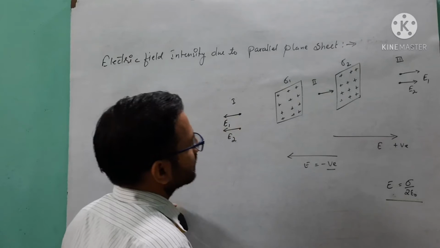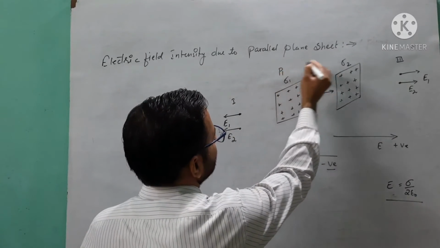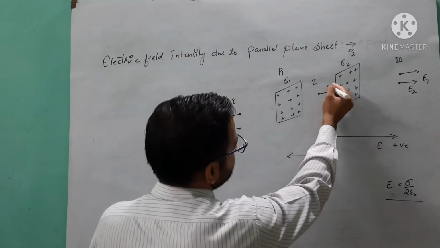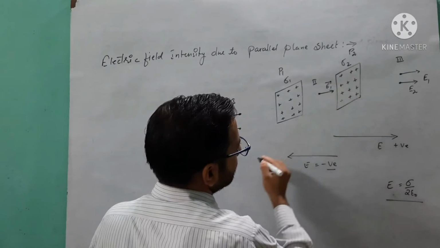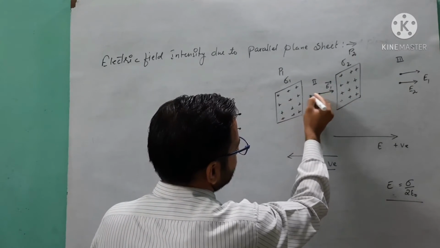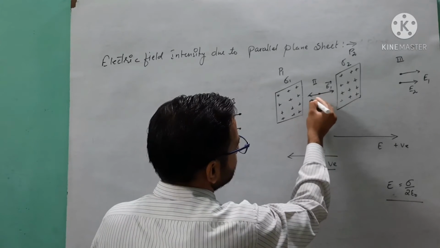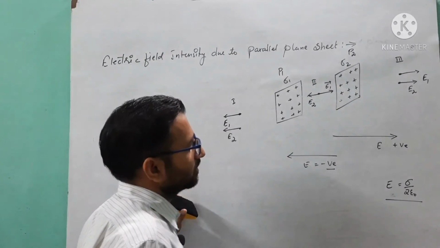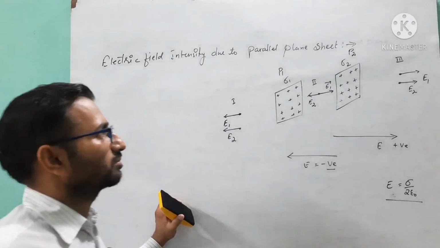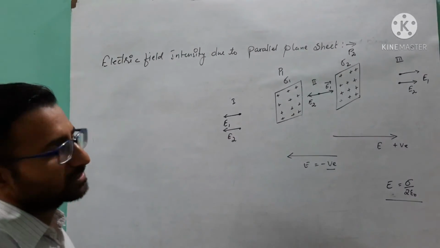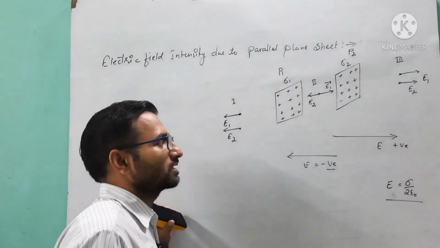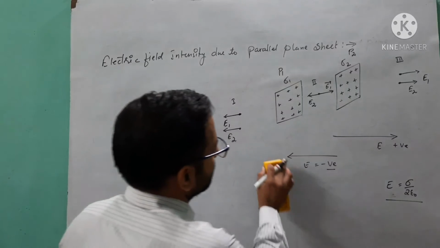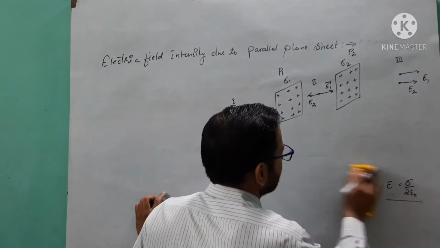Now here see the electric field due to this sigma 1 sheet, meaning sheet or plate P1, and the second plate is P2, suppose. So this is our E1 in the right hand direction and the direction of E2 in this second region is in the left hand direction. P1, P2, we have two plates having surface charge density this, cross sectional area the same. So here we will continue to prove.